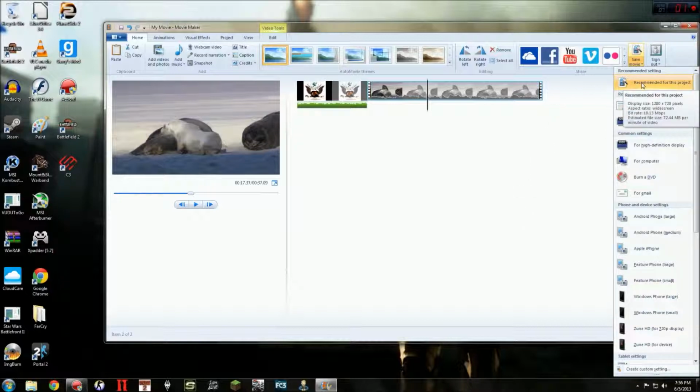Like, see, if I go recommended for this project, the little drop down box recommended for this project shows an estimated file size of 72.44 megabytes per minute of video. So however many minutes, you're going to have around 72.5 megabytes per minute. So then YouTube, which is one that I use quite often, the estimated file size is only 37.14 megabytes per minute of video, which is a little bit